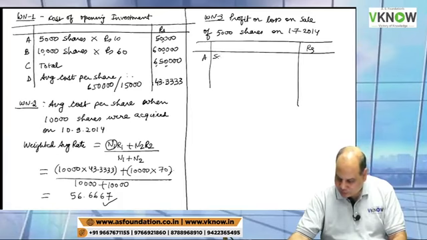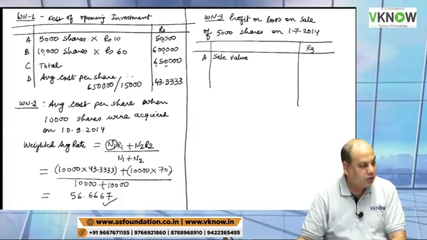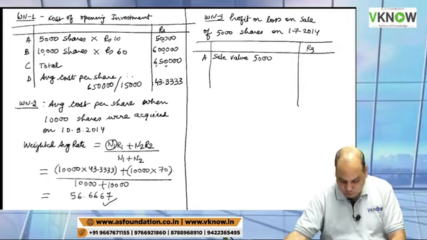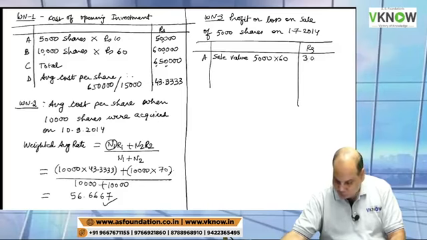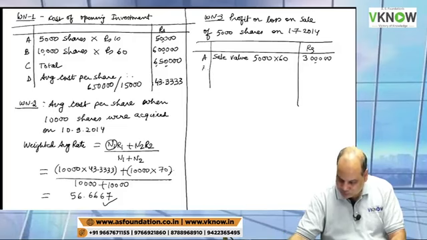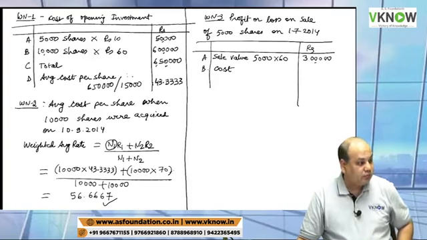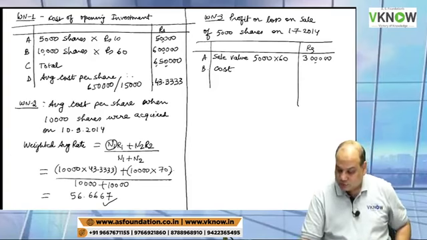A, sale value. Sale value is, if you look at the last paragraph, 5,000 shares were sold at 60 rupees. 5,000 into 60 is 3 lakh. Point B, cost. Cost is,